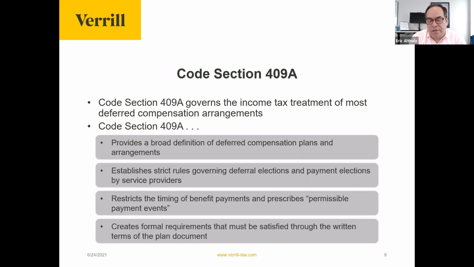It restricts the time when payments can be made and actually prescribes a specified list of permissible payment events, and deferred comp may only be paid upon the occurrence of one of those events. And finally, it creates formal requirements that must be satisfied through written terms, a written plan document.